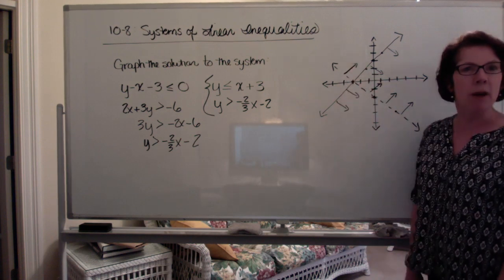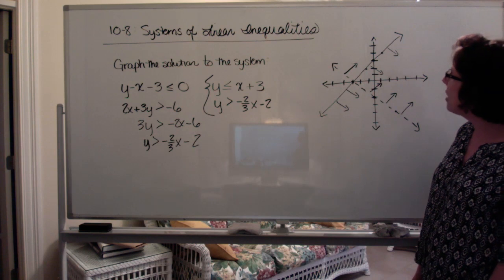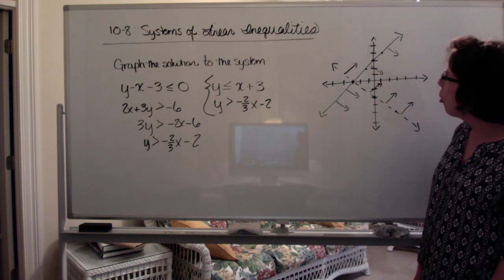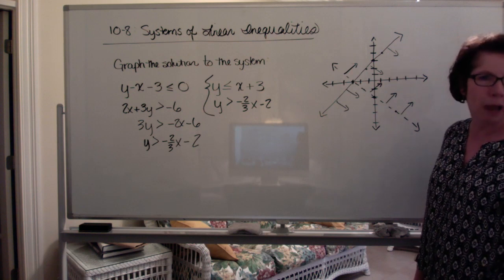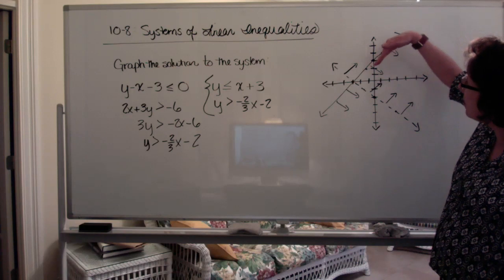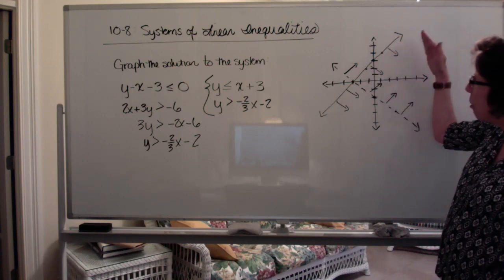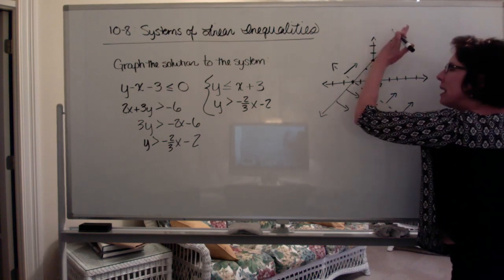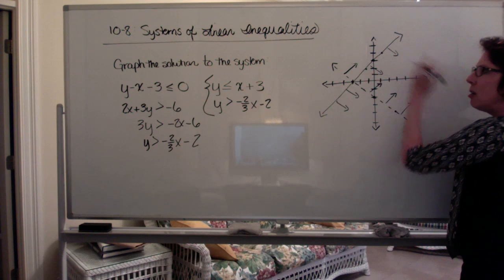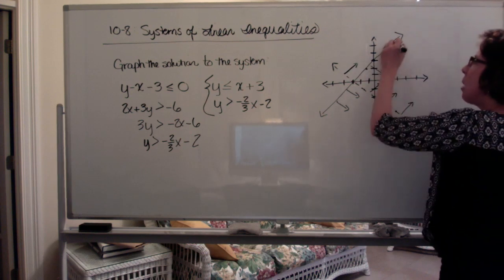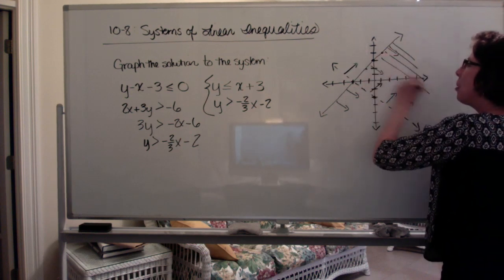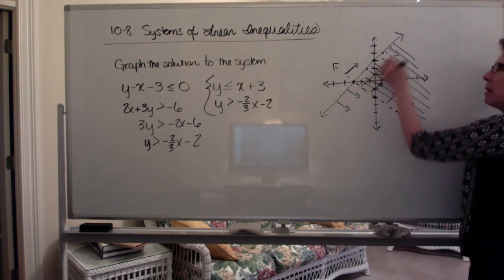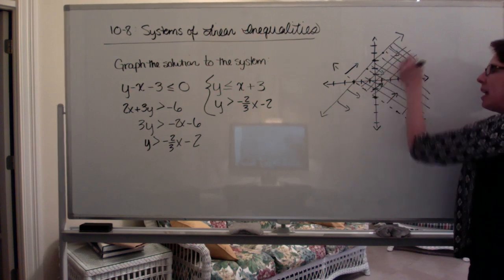Now, take a look at the arrows. Where do both of the arrows from the two linear inequalities overlap? Well, I'm looking here. I've got these arrows pointing down here, these arrows pointing up here. So if you can tell, I'm doing the intersection of a shade down here and a shade up here. So I'm going to say that my solution to my system is this shaded area